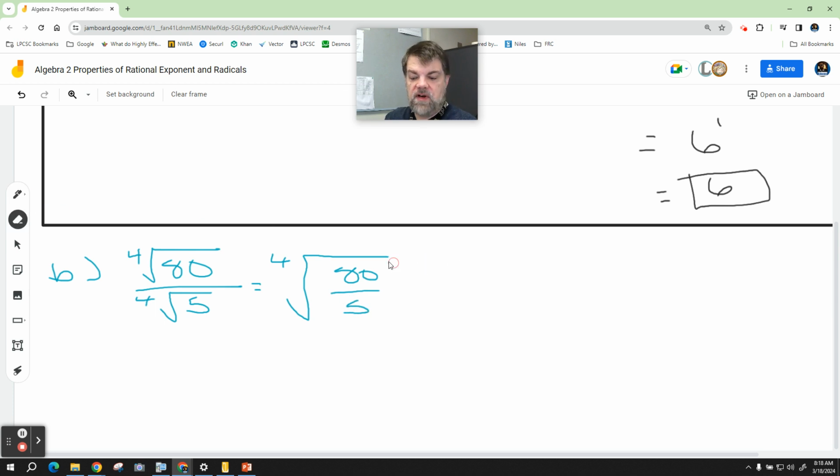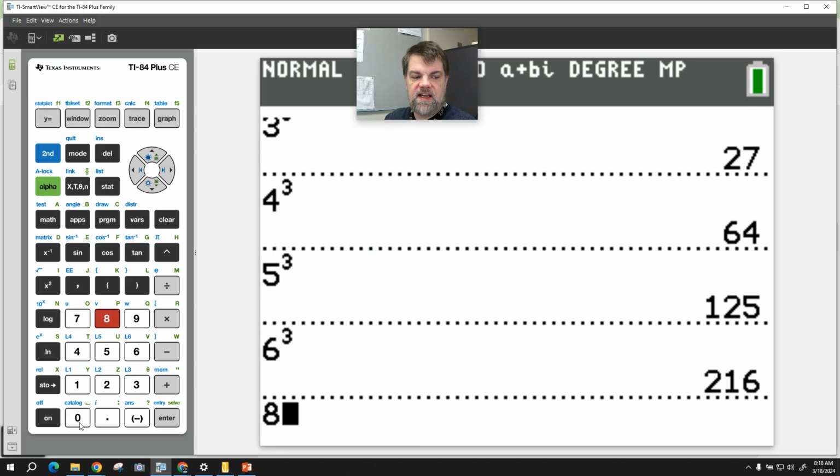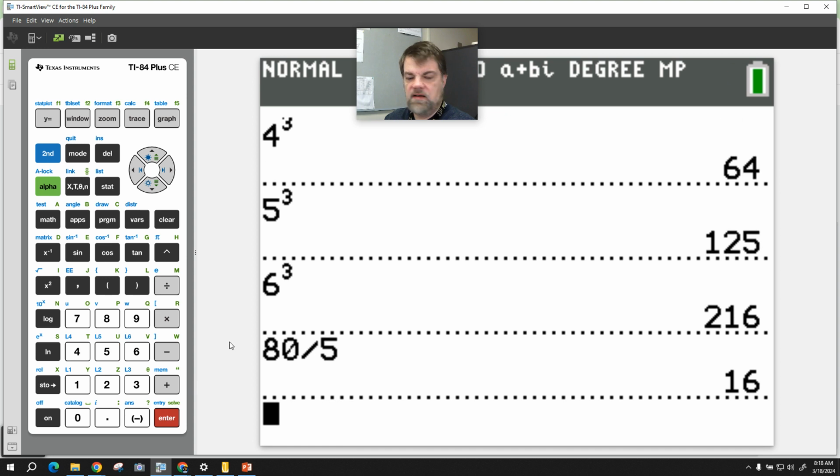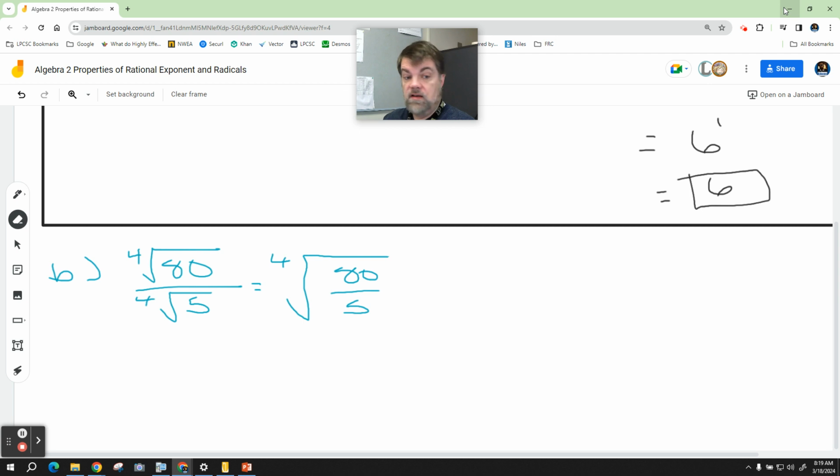Now the reason we want to do that is we can reduce it. So I just come in here and I say 80 divided by 5, and I get 16. So this whole thing reduces down to the fourth root